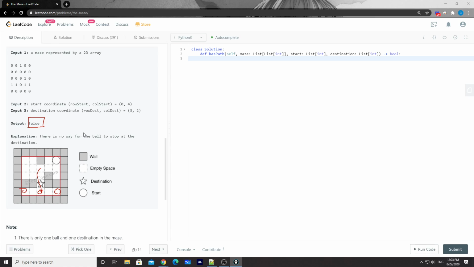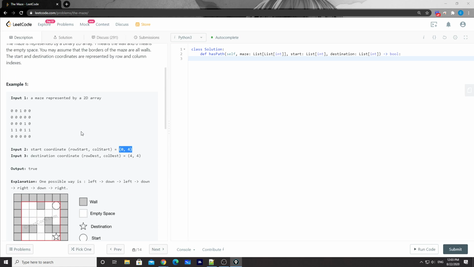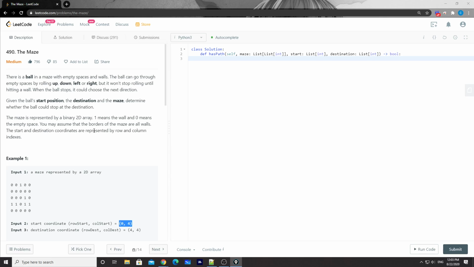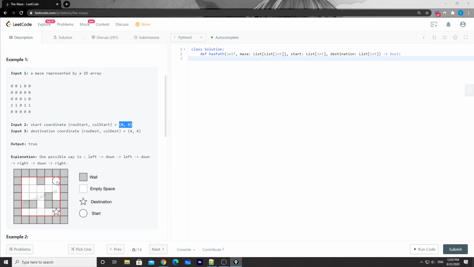This problem is obviously a graph traversal problem. You can use either DFS or BFS search to solve it. There are two approaches. For the basic DFS or BFS, every time, let's say we start from here, we add all the neighbors to the queue, and then we just keep processing. But in this case, there's a difference.